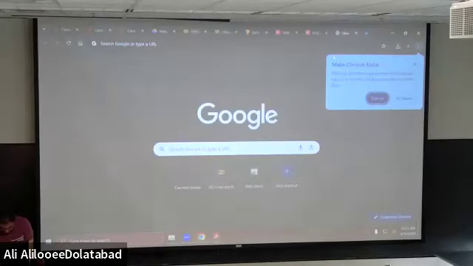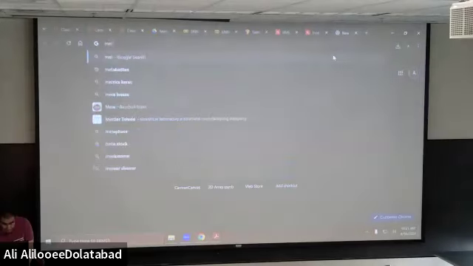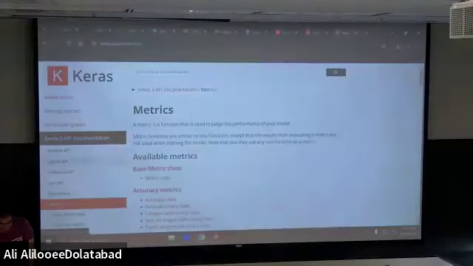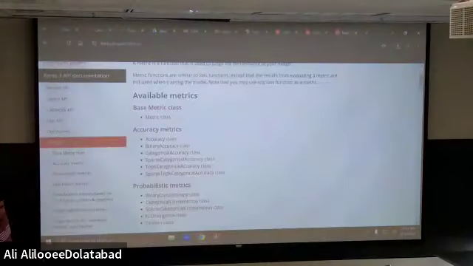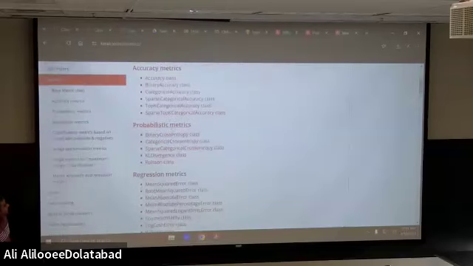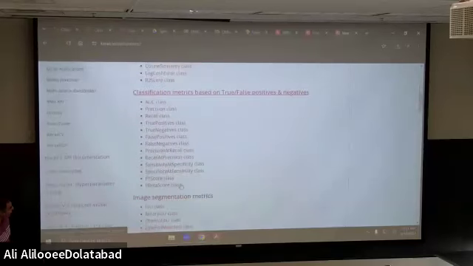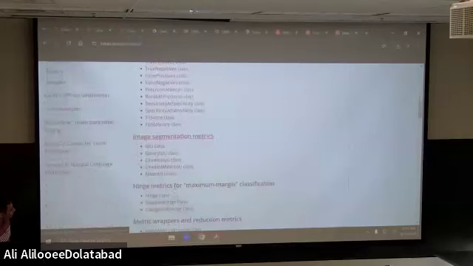Keras metrics: accuracy metrics, probabilistic metrics, regression metrics. That's fantastic. Classification metrics, that's amazing. Image segmentation metrics.